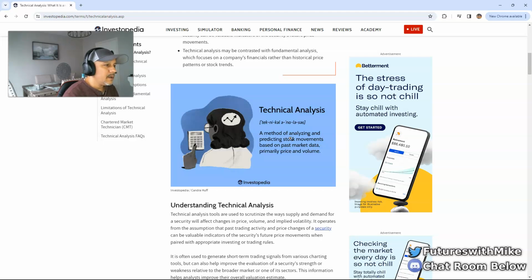All right. Most traders are talking in general terms. Like right here, we see technical analysis is just a method of analyzing and predicting the stock markets based on past market data, primarily price and volume, right? So basically just being able to read the charts and study the historical market data, all right? Whether that's going back a week at a time, a month at a time, a year. We're just trying to get a general idea of historical movements of the market,